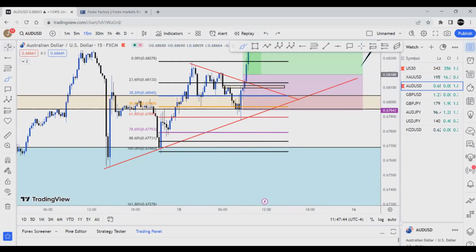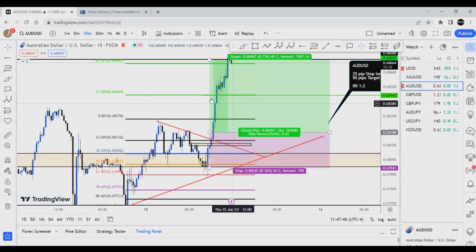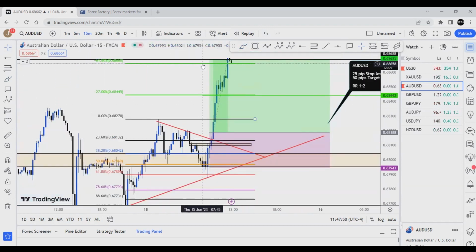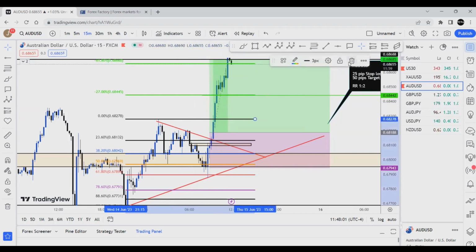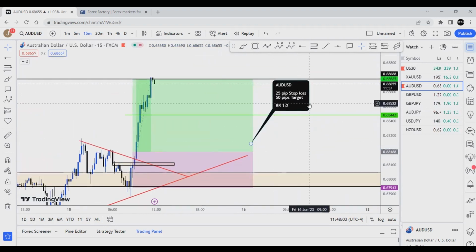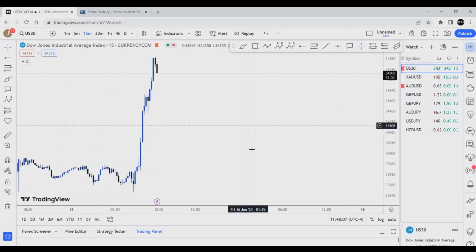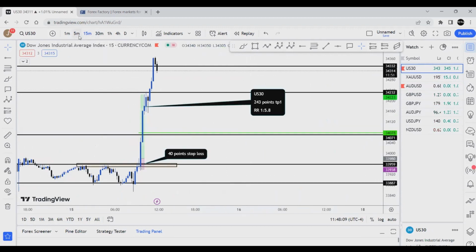The entry, target and stop loss, and we just took the setup and let the trade play out to the next point of resistance or support. If you use a fib, it's a negative 618, but we'll put it a little bit higher. Okay, beautiful trade, guys. Easy trade. 1 to 2 risk to reward, no drawdown. Next is US30, my favorite setup over here.